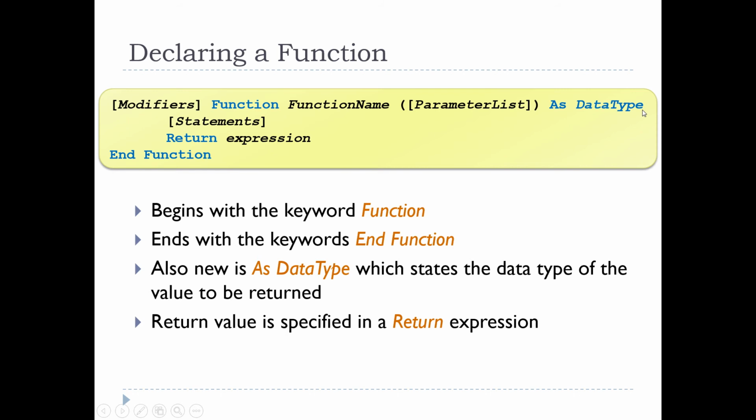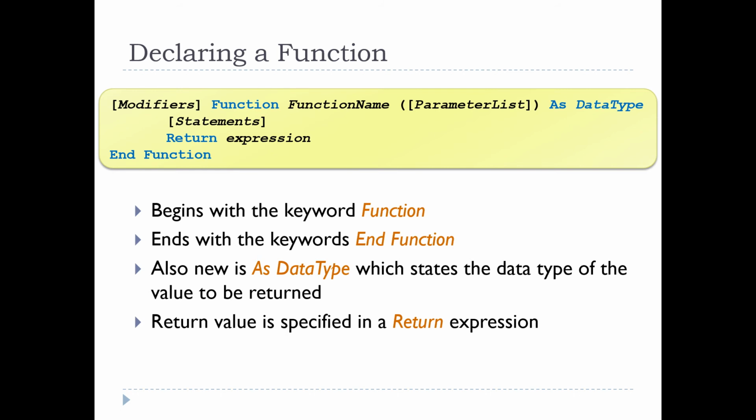You say dim num as integer. Same thing, except function name as what type is it? Why? Because this function has to return something back. So this expression here has to match the data type. Okay? So this function here could maybe calculate your